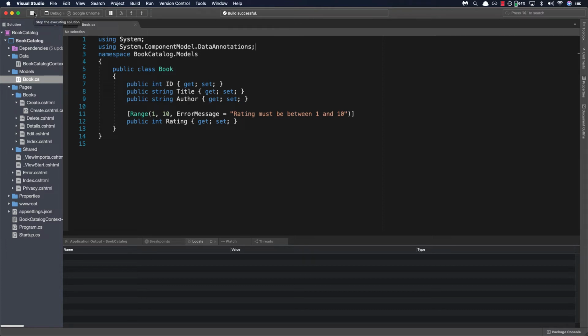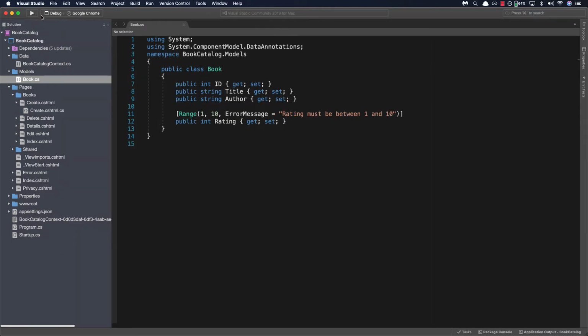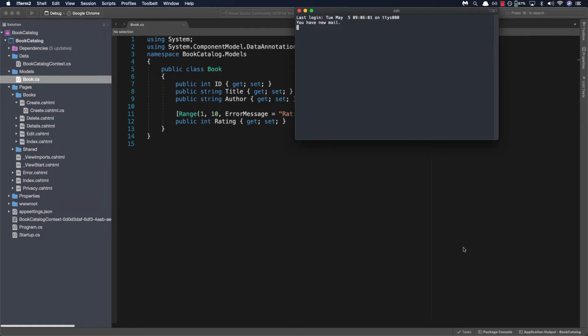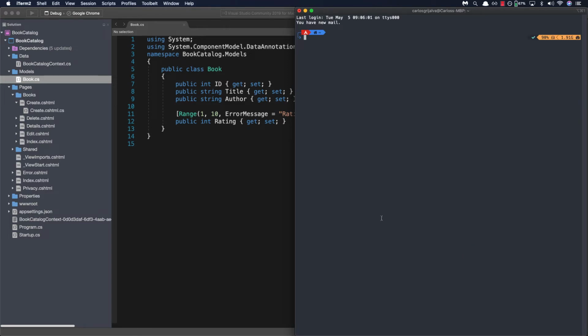So first thing we need to do is stop our application from running. So I'm going to click on the stop button here in the upper left corner. Next thing we should do is launch a terminal. I'll be using iTerm. You can use whichever terminal you're comfortable with. And then we should navigate into our project directory. So my project is found under Projects,